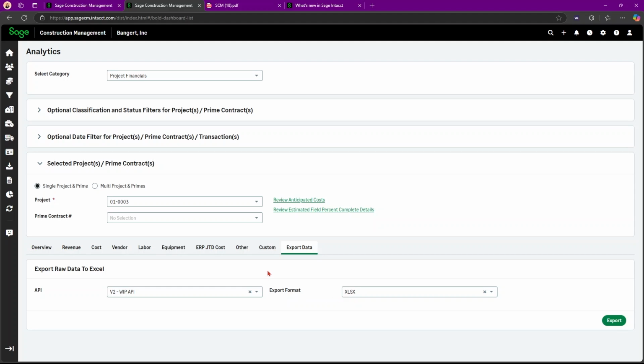Then on the dashboards of the analytics, there is a new by summary dashboard for retainage, which consists of cross-project and prime and sub invoice retainage overview. And that is it for SCM's new things that are in Intacct's R4 release 2024.